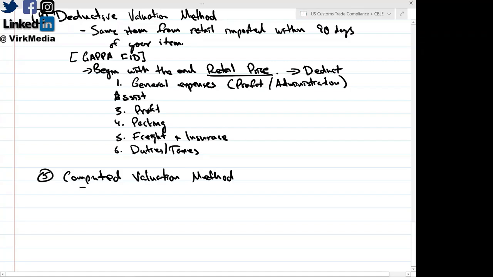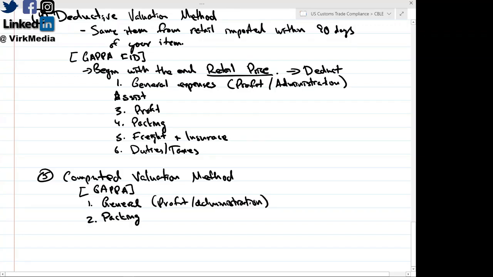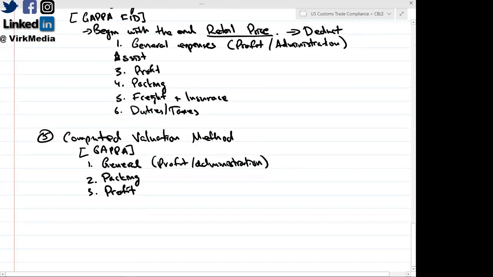For computed, the acronym would be GAPPA, G-A-P-P-A. This would include general expenses, which include profit or administration. It includes packing expenses, profit that you want to add on to it,